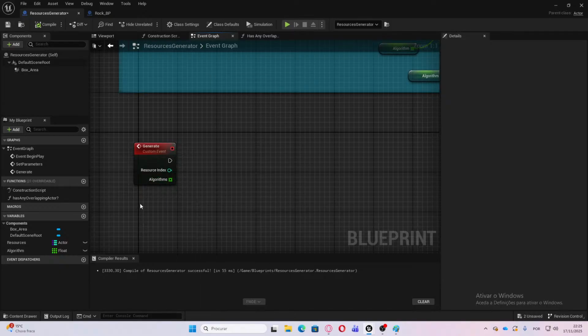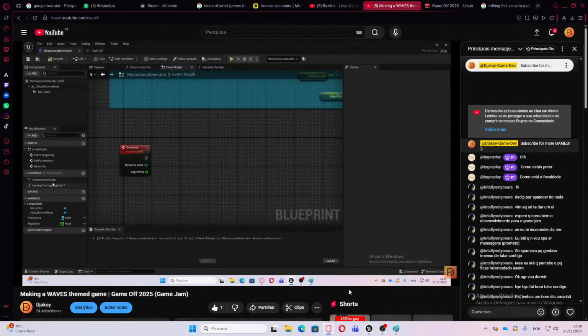So we'll have on generate, we'll have to make a for loop, but we'll also need to check this collision. So has any overlapping actor. Okay. So the thing I want to make is wait, why is the